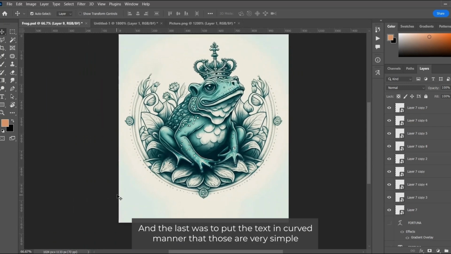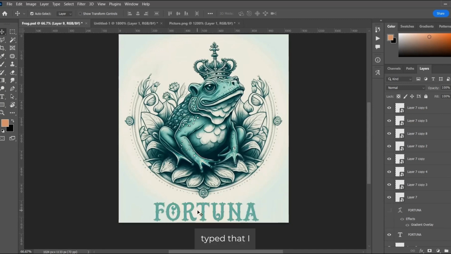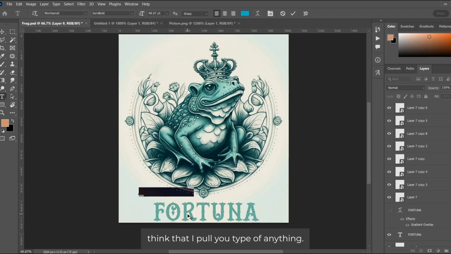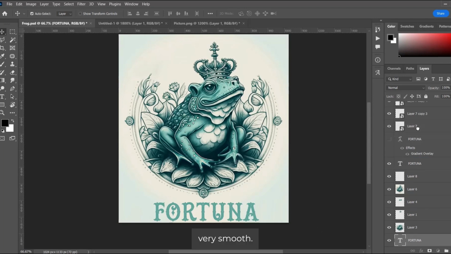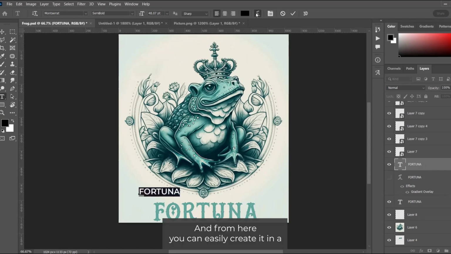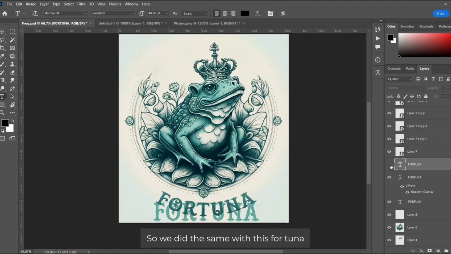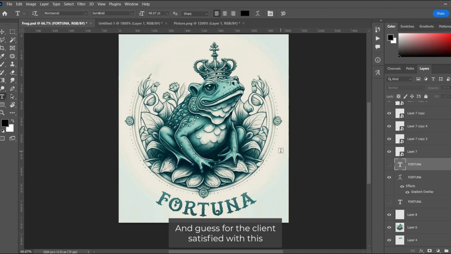And the last was to put the font in a curved manner. That is also very simple to do. He has provided me the font, and what I did, just simply type using the type tool. You type the content that is provided. Let's move it to the top, and from here you can easily create it in any combination that is your requirement. So we did the same with this Fortuna text, and guess what, the client was very much satisfied with this attempt